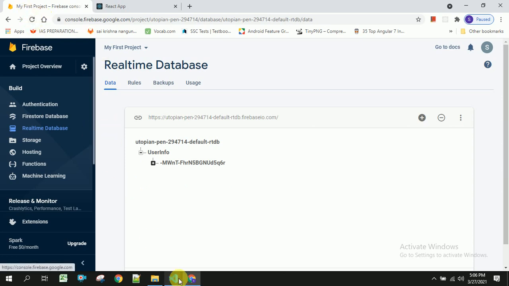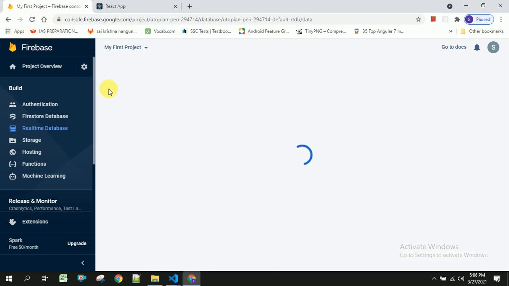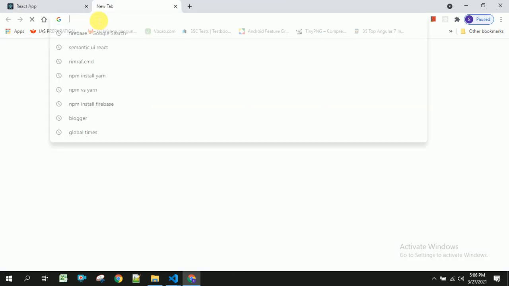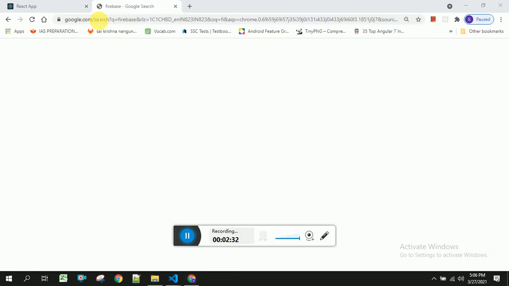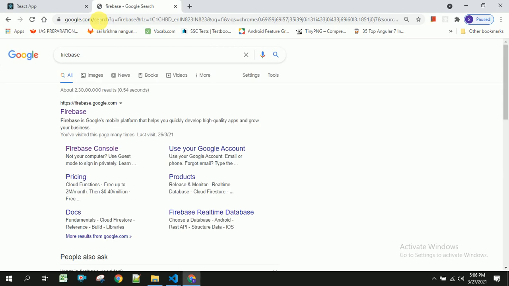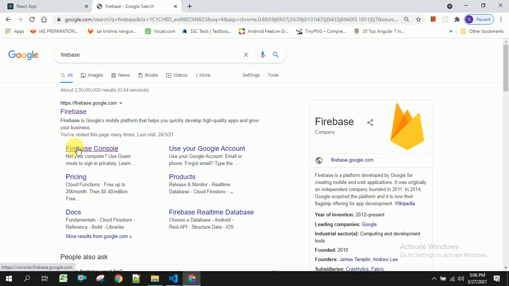So for this, first we have to go to Firebase console. I will create a new Firebase project, and I have to go to Firebase console.